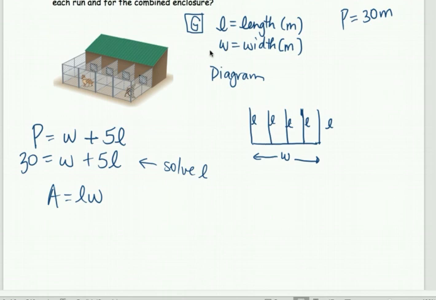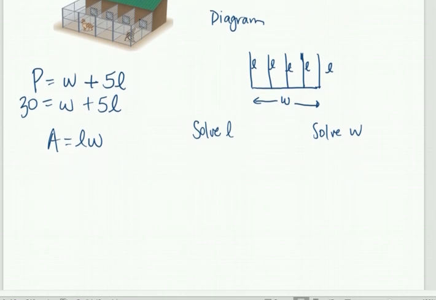So what we're going to do here is, now we have too many letters, so if we can use this equation here and replace one of the letters, then we can get to solving the equation. So here are a couple scenarios. We can solve for L, or we can solve for W. So we're just going to look at both here: solve for L and solve for W. Sometimes when you go to solve the perimeter or the other formula that's going to go into the area, you're going to find one of them sometimes comes out a little messy. So if I solve this one for L,